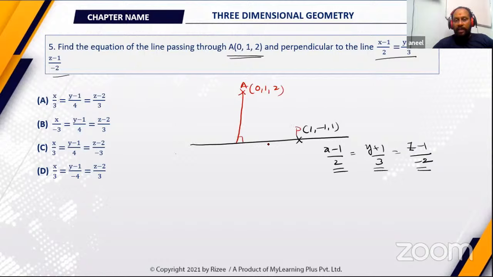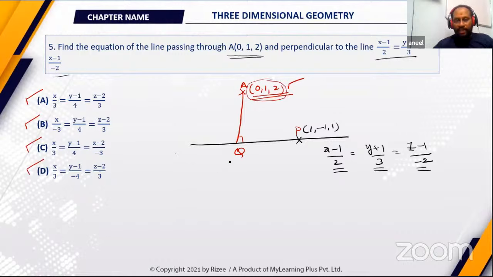So say this is P and this is Q. What can you see here? That we want a line AQ passing through A and perpendicular to PQ. You can still do option verification. Check out which option is passing through 0, 1, 2. This is passing through 0, 1, 2. This is also passing through 0, 1, 2. So your option verification of 0, 1, 2 has gone waste.